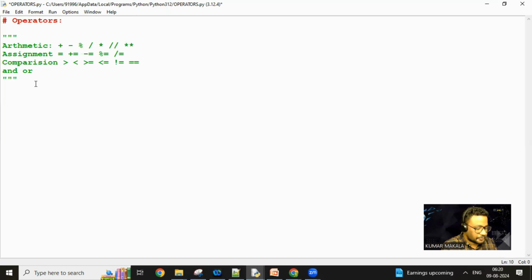For arithmetic operators, we will do everything in one go. So far, we were just defining the values directly, for example number 1 equal to 10. If you define like this, you will always be performing addition between only these two, right? But if you want to take data from the keyboard, you manually enter the number 1 value and number 2 value. For example, number 3 equal to,